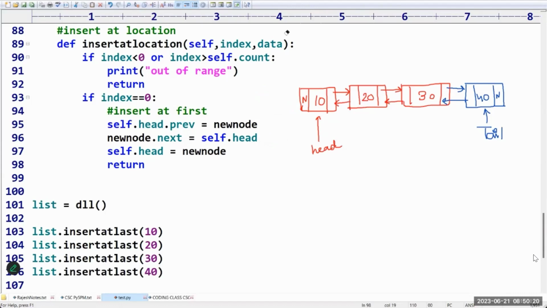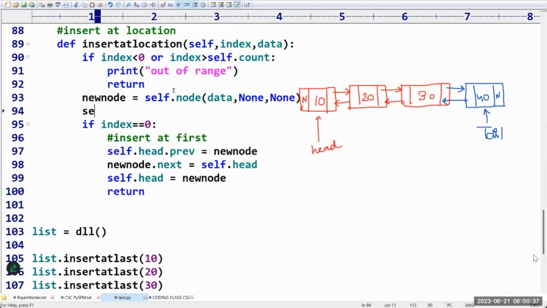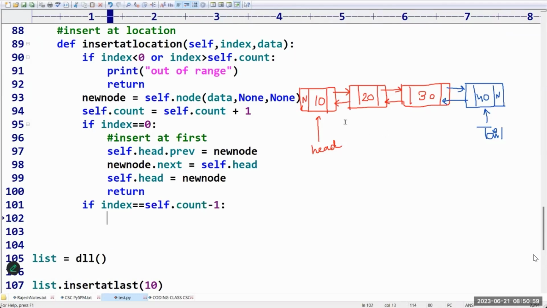Sir, now listen carefully. If I want to do this operation, compulsorily you should have a new node. New node is equal to, I'm going to create self dot node with the given data. Next field is None, previous field is None. After this, self dot count will become the already available count plus 1. We have to increase the count. This is the way when index is equal to 0. Sir, if my index value is equal to self dot count minus 1, means what? In this example, if I am in